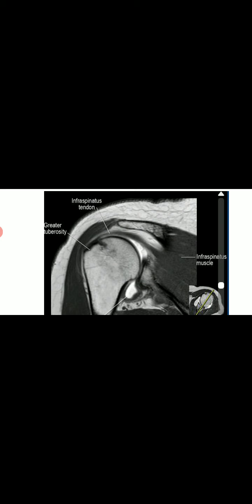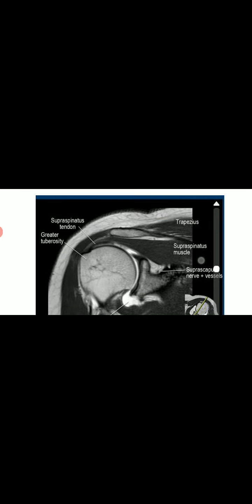Then comes the bulkier muscle, the infraspinatus. So in the coronal, first you will see the subscapularis before the glenoid, then the supraspinatus above the glenoid, and after the supraspinatus, the infraspinatus muscle. Then below the infraspinatus in the posterior aspect is the teres minor muscle. Always you have to see all three planes and correlate accordingly. This is what we were taught in MBBS, the quadrangular space and the two triangular spaces. So the infraspinatus and the teres minor you can appreciate.